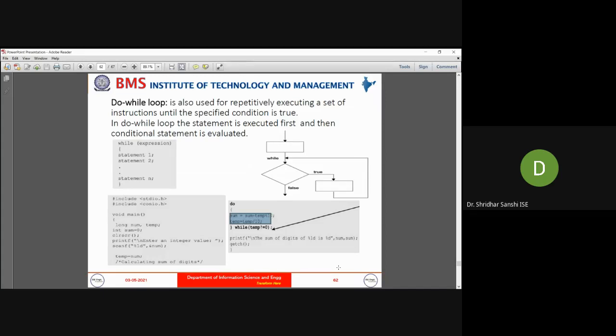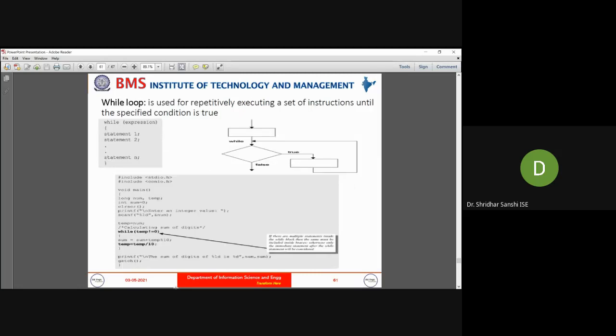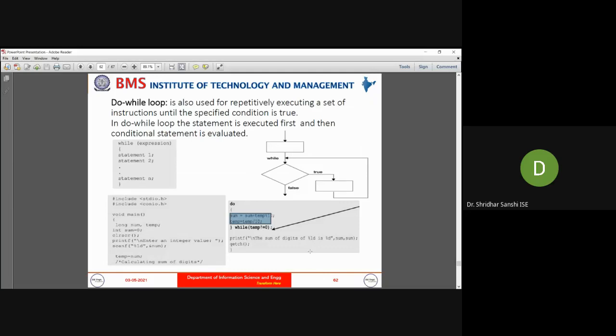That is the main difference. In do while, you execute the statements first and then check for the condition, whereas here you check the condition and based on that you execute. That's why in case of do while, at least once you will execute the instructions.